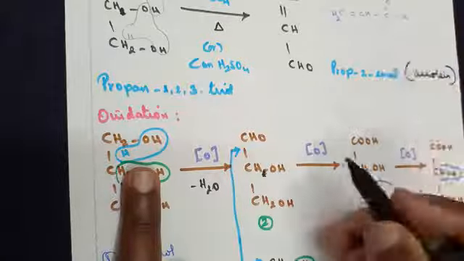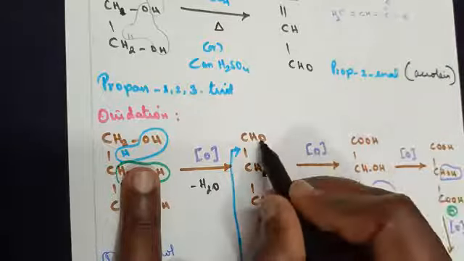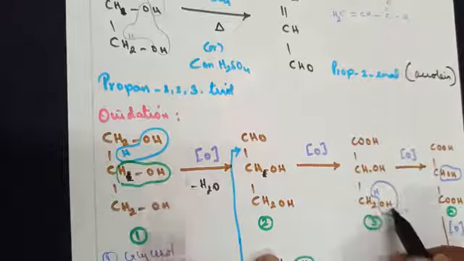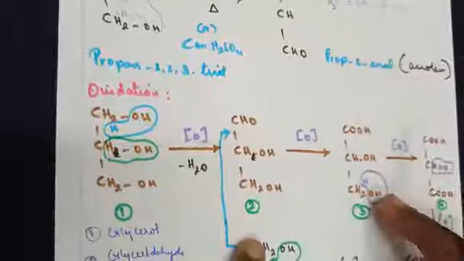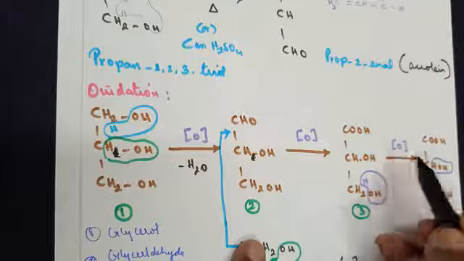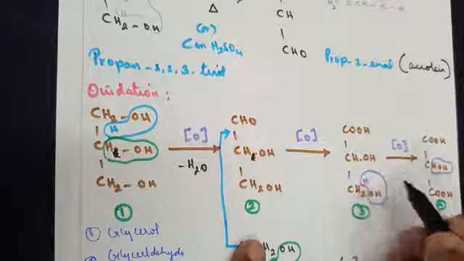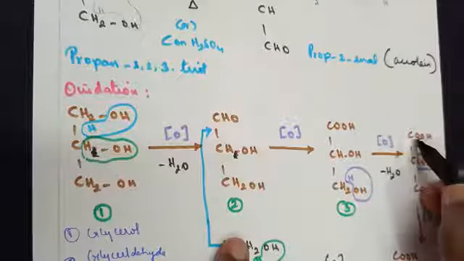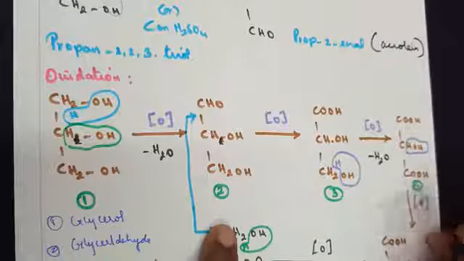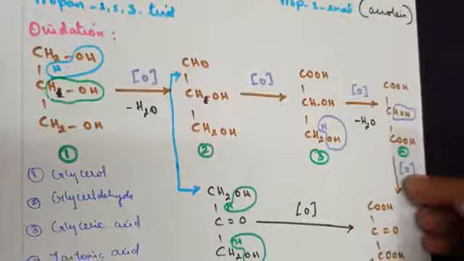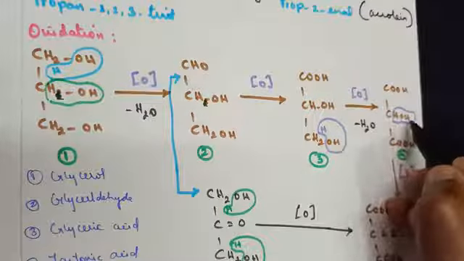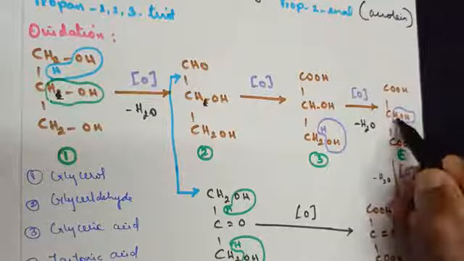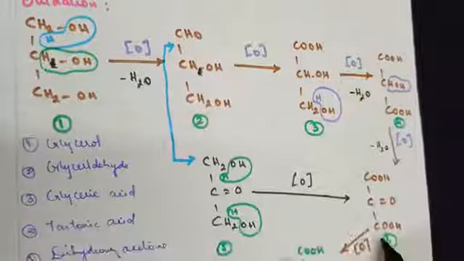As you learned in terms of glycol, when you oxidize CHO, one more oxygen comes in, you get COOH, CHOH, CH2OH. The upper part is over. Now concentrate on the lower part. Here again, further when you oxidize, one hydrogen from here combines and goes out as a water molecule. Further, when you treat with one more oxygen, you get COOH, CHOH, COOH. Further, when we are oxidizing, a water molecule will be lost from here. So you get COOH, addition of oxygen goes in there, C double bond O, COOH we get.